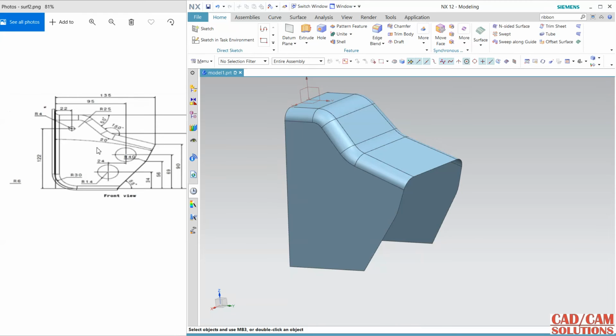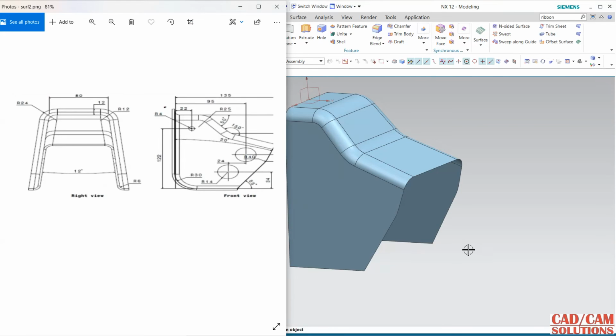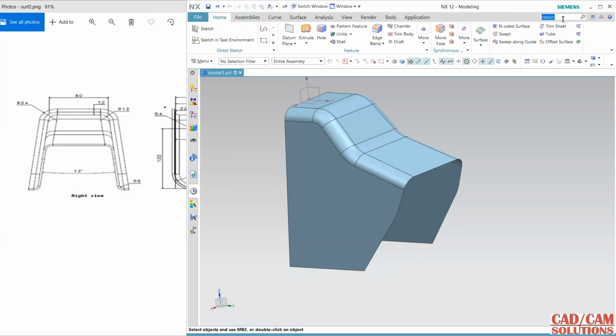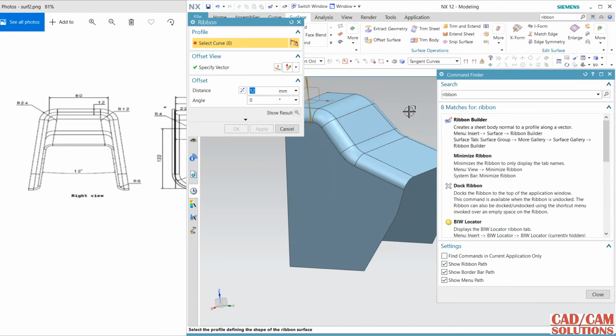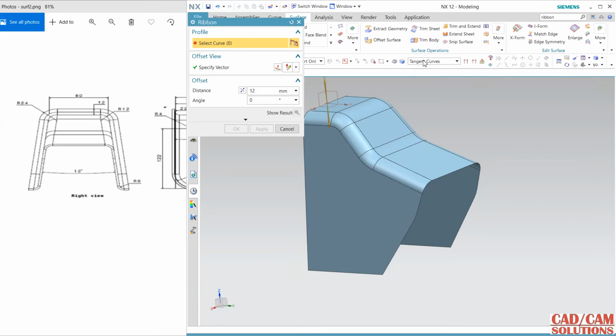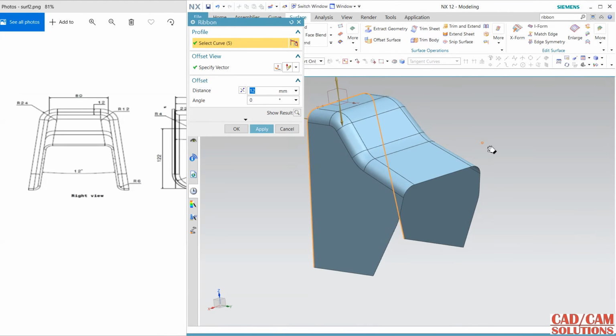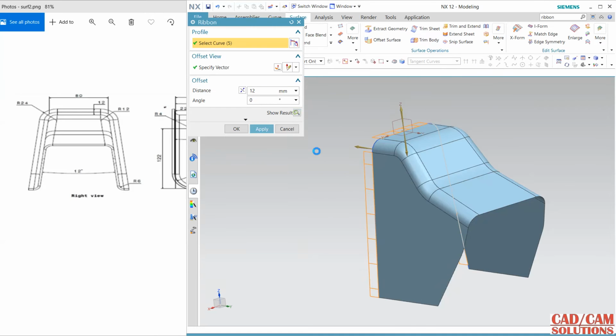Now I am going to create this flange. For this flange I am using this ribbon builder, enter, and see here we have the ribbon builder, and in ribbon builder I am selecting this tangent curve, so that this tangent curve will select, and the distance is 12, and see, no, it is not proper. Or we can select the tool, this vector direction, angle is 90, again preview, just see the preview, then only you can apply,